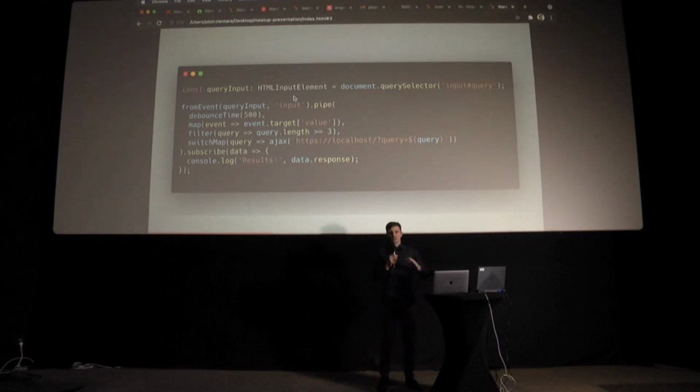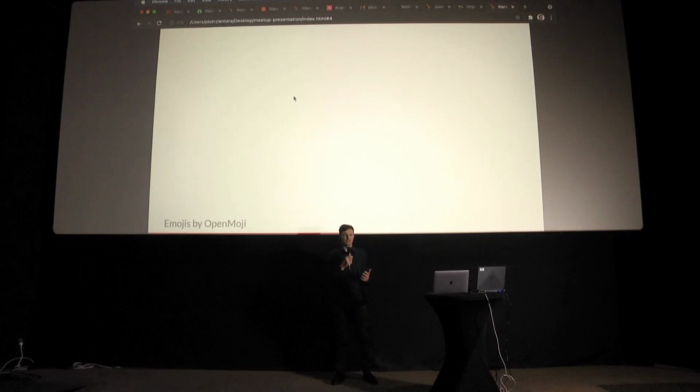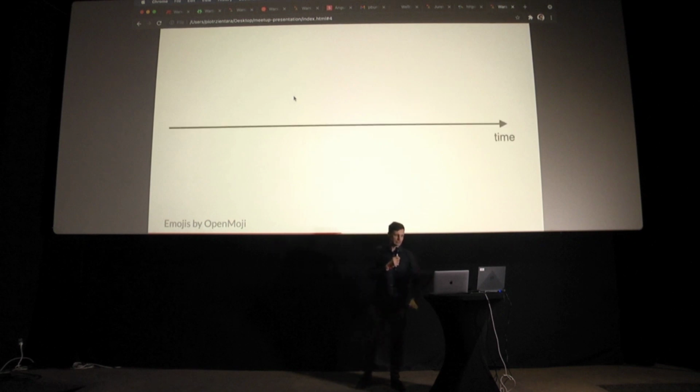Let's now go back to the basics and see how to make the first step. To start with, let's see how we react to the values in RxJS. We have some source emitting the values, and the values might be spread in time. So let's draw a timeline.